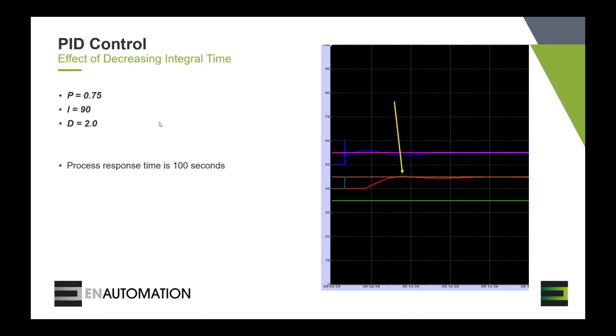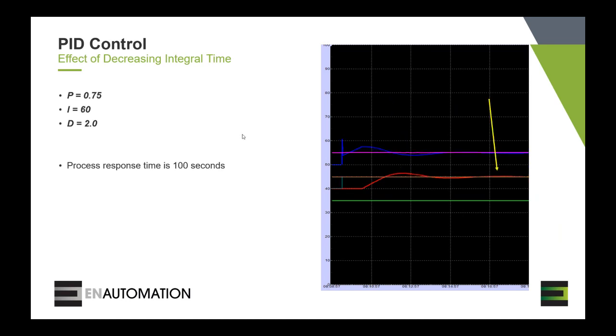We can push the integral time even shorter than that. As we do, the integral time will drive the output too far and will cause the process value to overshoot, which causes a greater overshoot and a greater undershoot. So we continue reducing the integral time. We'll see that these peaks just keep getting bigger and bigger